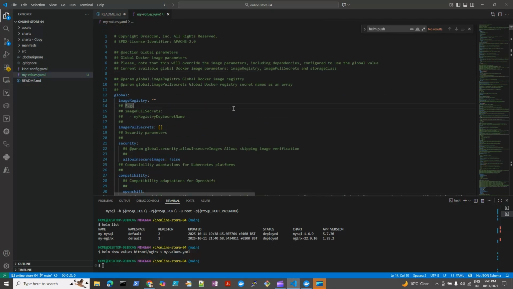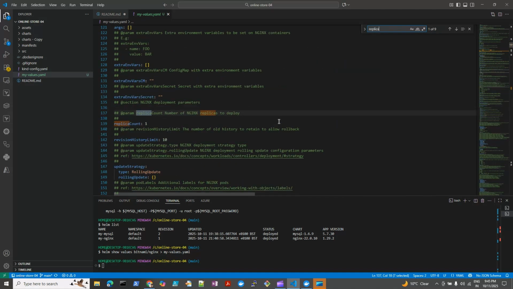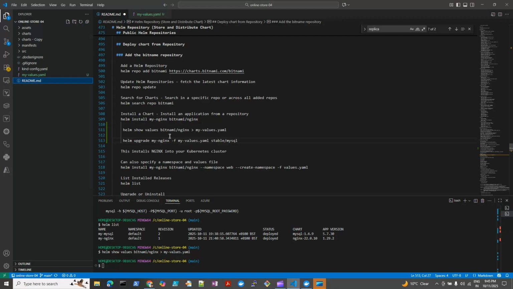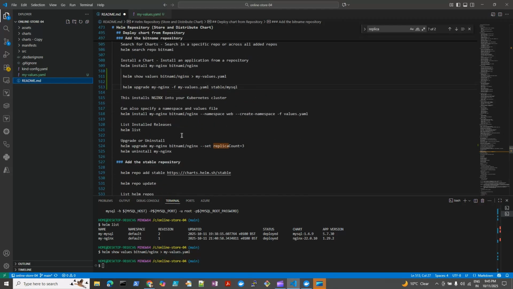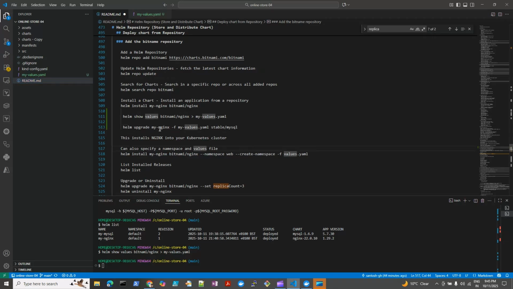For example, let me check replica. So replica is 1 here, let me make it 5, for example, to check the changes. So helm upgrade my-nginx, and I need 5 replicas of the Nginx